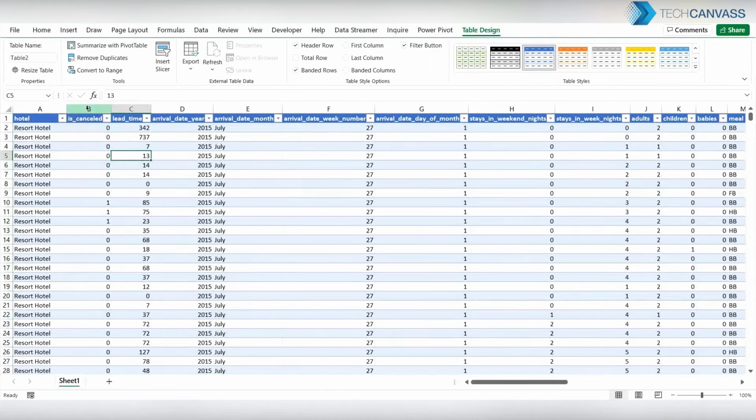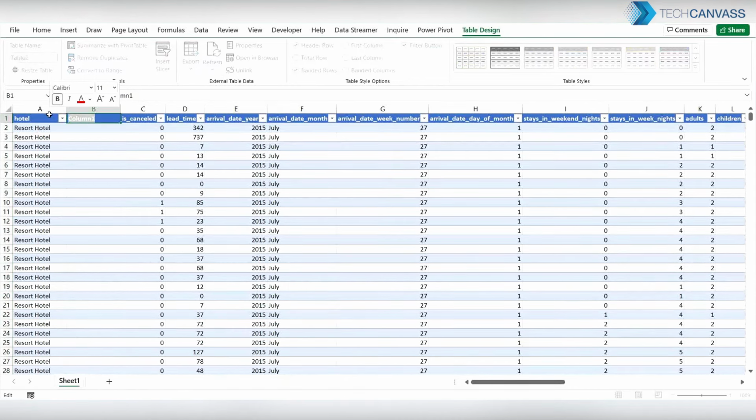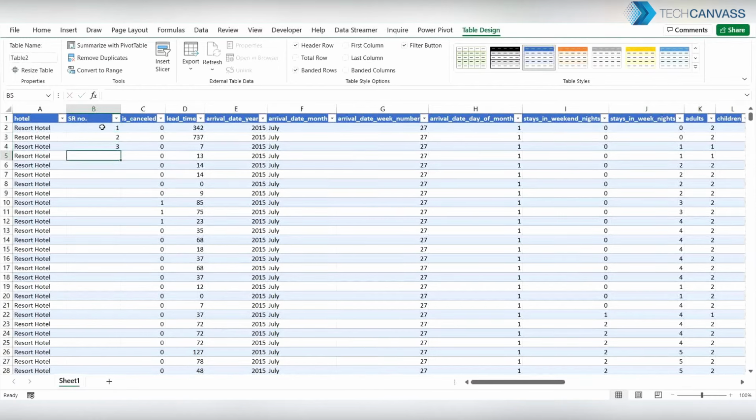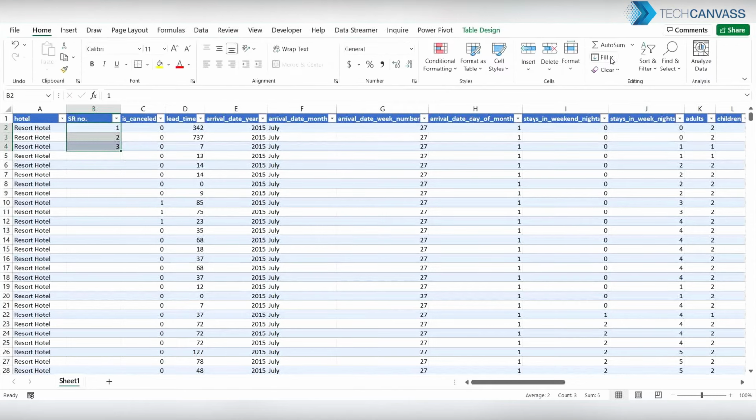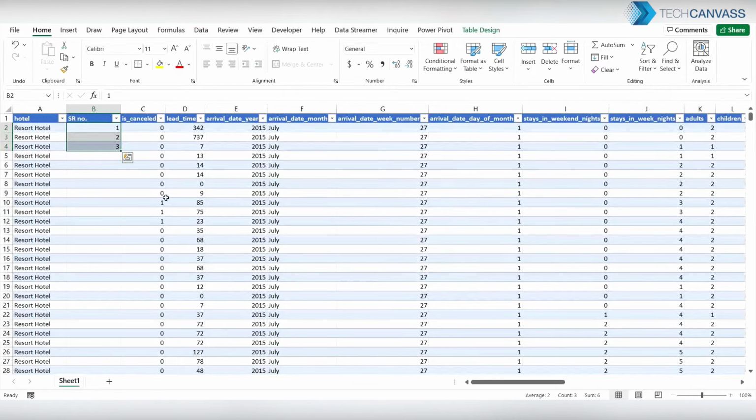So what we'll do is we'll go ahead and add one more field here as serial number. This will help us in calculations. Okay, so let's go ahead and fill it. Okay, so we have the serial number here.